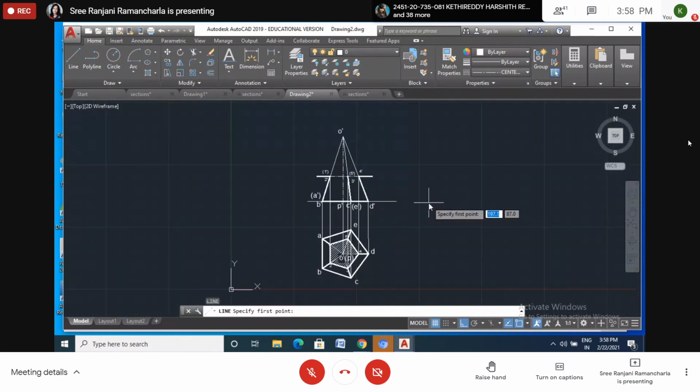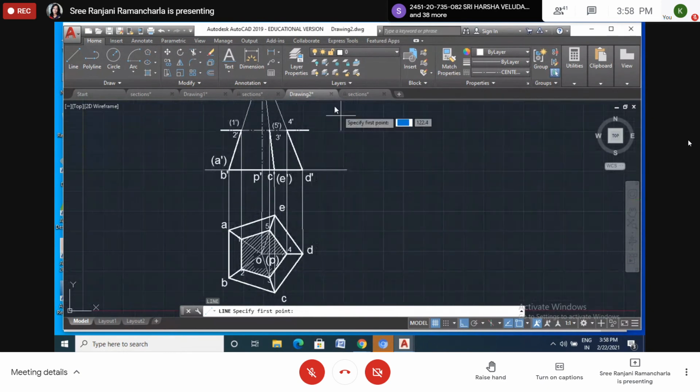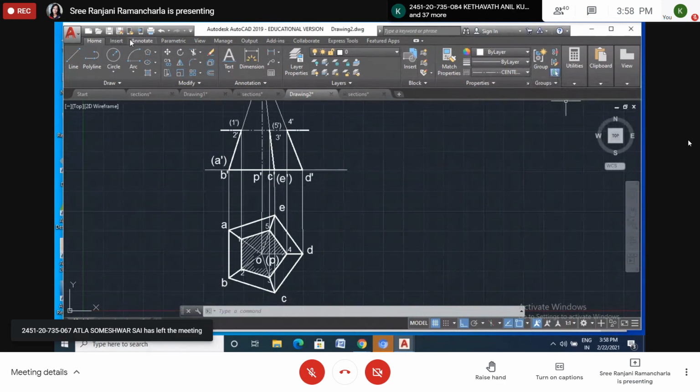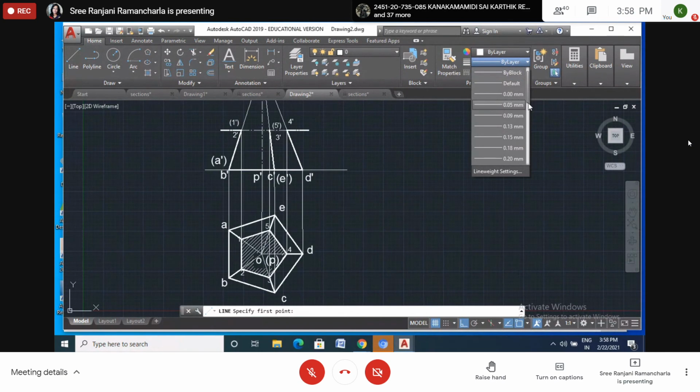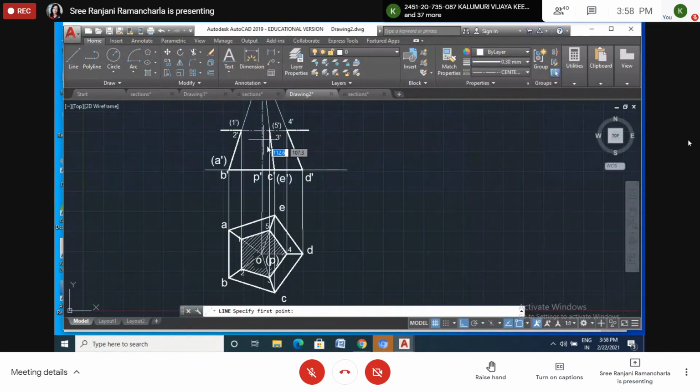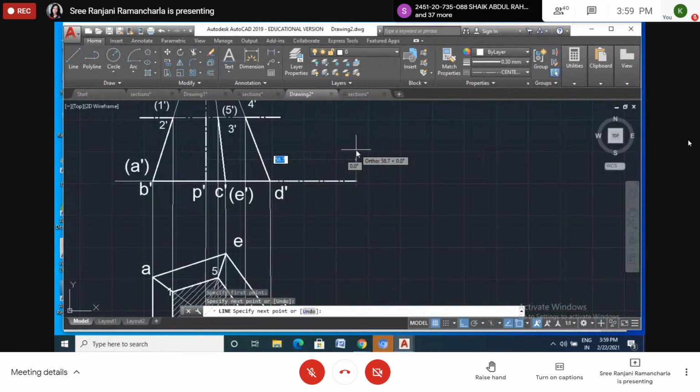Okay. Now I want to make it thick. This one also. If I select this center line, I want to make it a thick center line. So it is selecting the total length. So what I do is, this line is already there, then I will draw again with a thick line. Or else you can draw first and make it thick later on also. Okay, that is also possible.